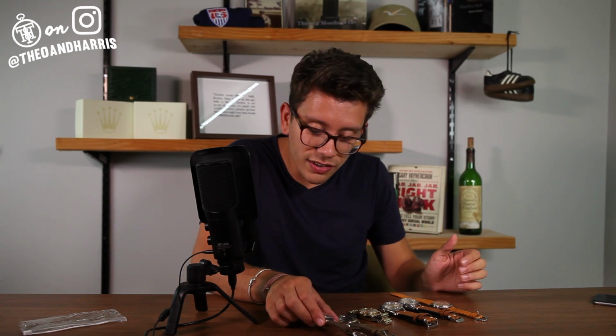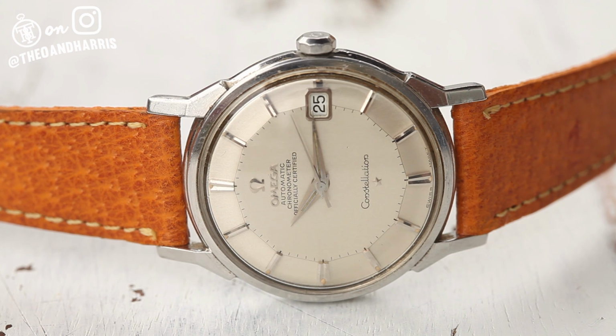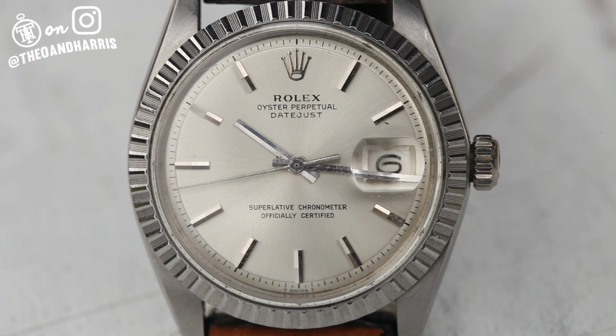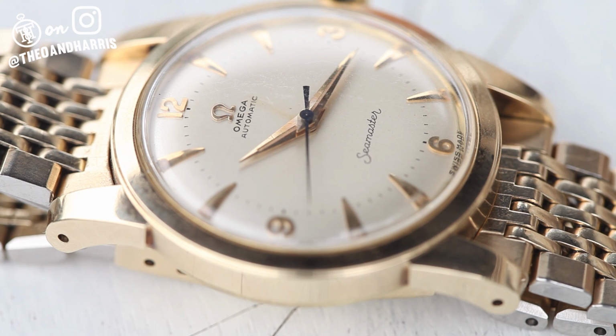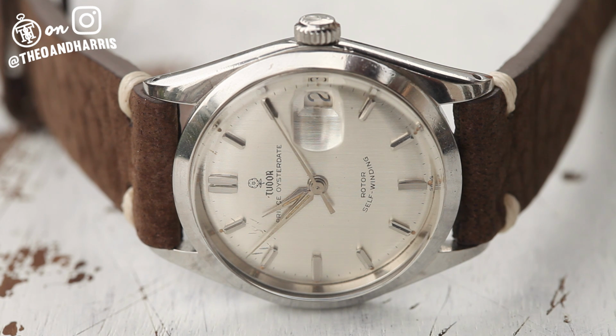Yes, guys, we just sourced 6 incredible vintage watches to the watch shop at theoandharris.com, from an Omega Constellation that is absolutely to die for, top of production when it was made, and still to this day, that desired. A pretty damn massive, by vintage standards, chronograph with a panda dial, and again, custard tritium throughout. A non-luminous Datejust 1603 with broken indices, something that I think you might have to see in person to really appreciate, but I promise once you do, you will. A 67-year-old Omega Seamaster that is, at least in my opinion, a miracle in this condition, an extremely rare matte black Datejust, and a Tudor that you're definitely going to need to go over to theoandharris.com and look at